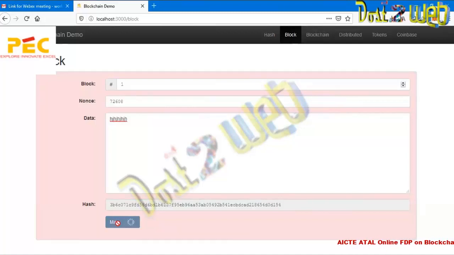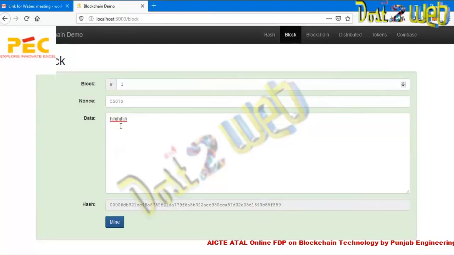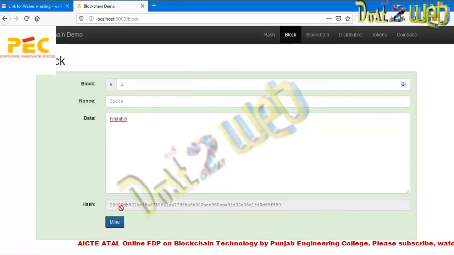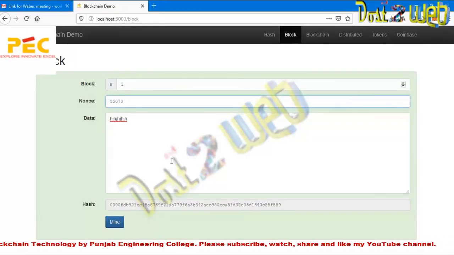What the miner does is keep changing the value of the nonce and calculating the hash. Change the value of the nonce, calculate the hash. It will do this as many times as needed until it reaches the required difficulty level. The required difficulty level means the hash should start with a prefix of a certain number of zeros. In this case, it is 4 zeros. As it is starting with 4 zeros, we have met the difficulty level. Hopefully the concept of nonce and hash is clear.